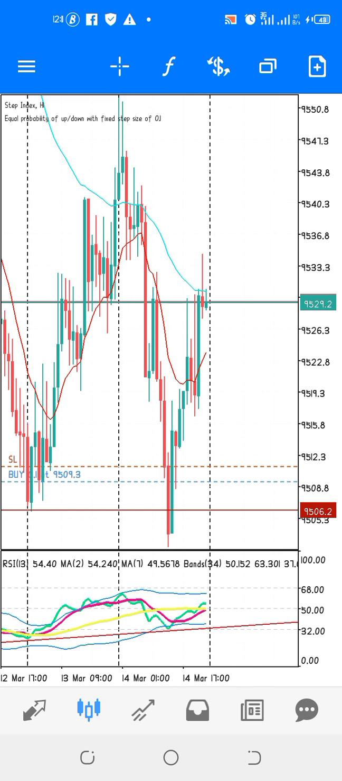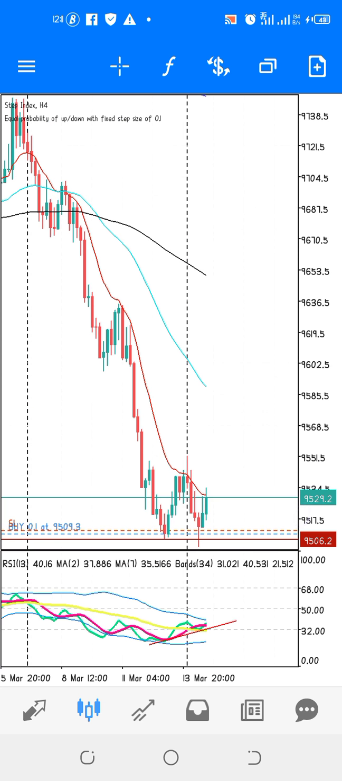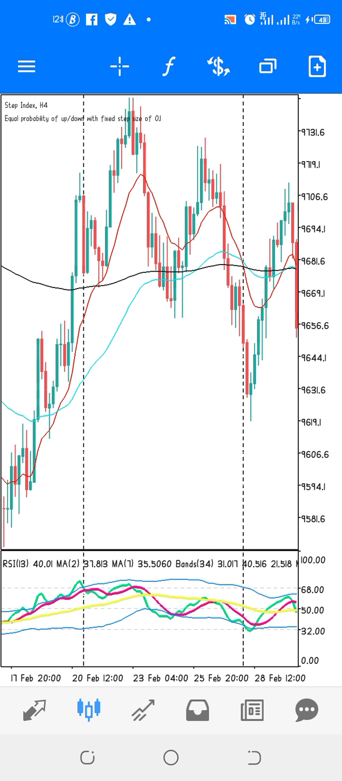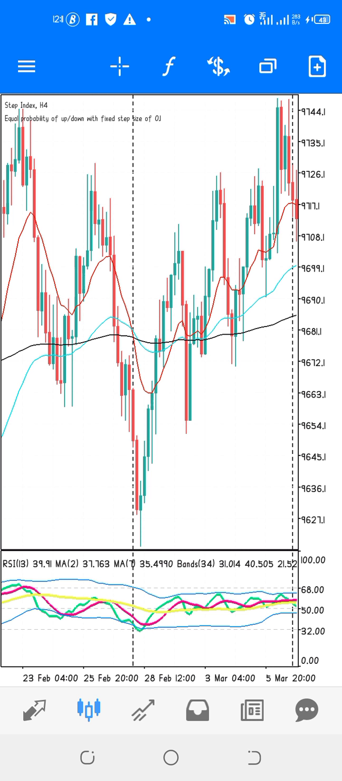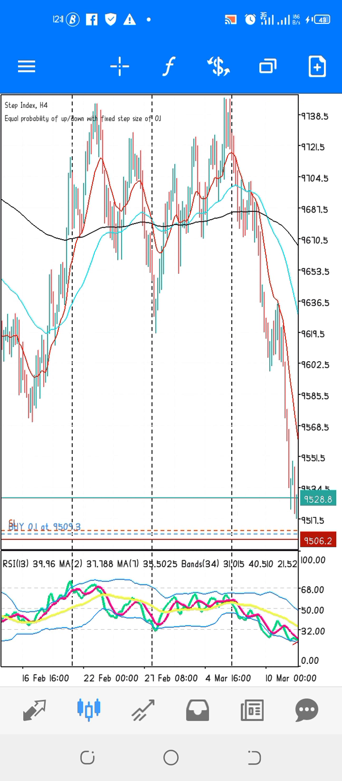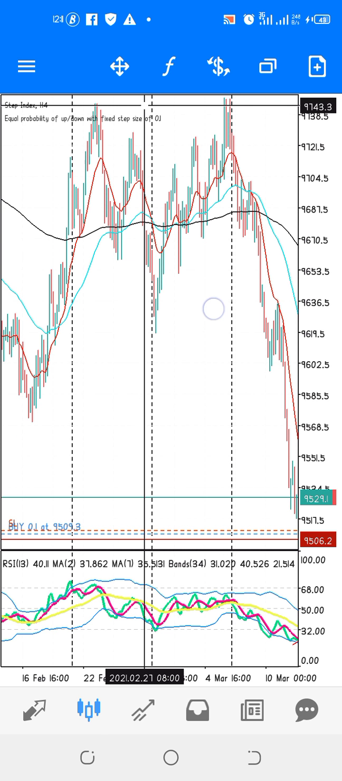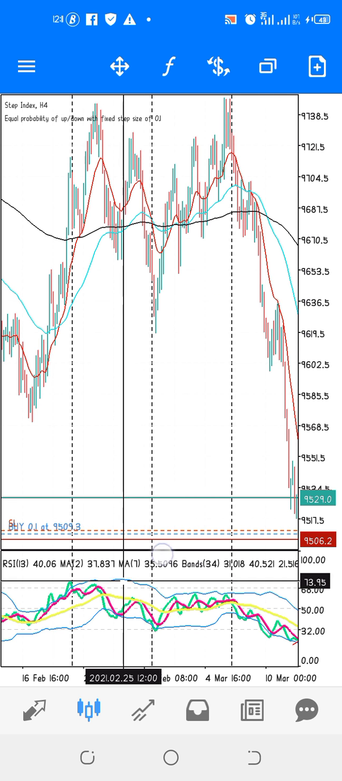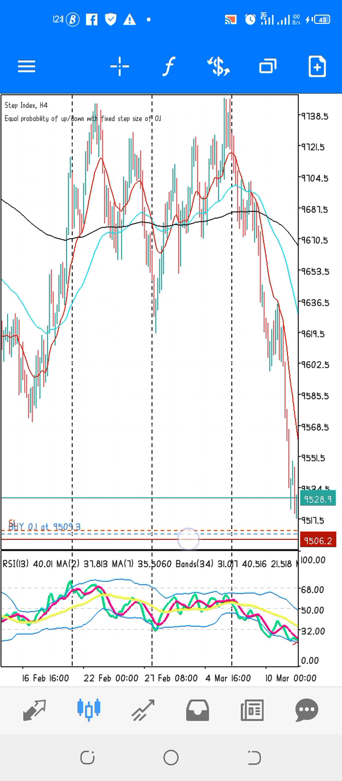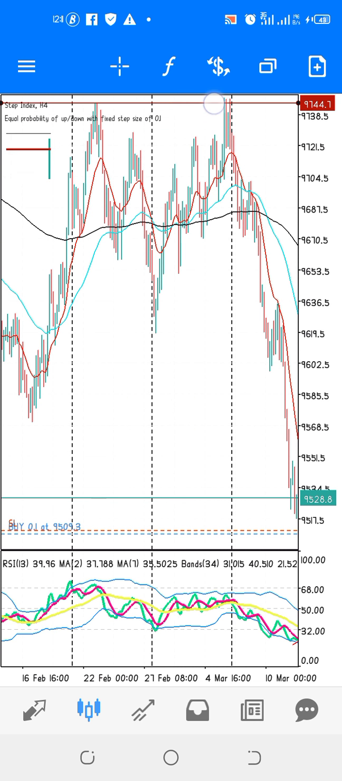Okay, so let me give you another example. Wonderful example. Have you seen the example here? It broke last week's high. Okay, let me bring this one up. Have you seen it? It broke last week's high. As it broke last week's high,